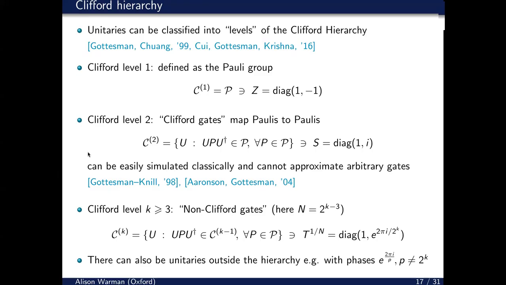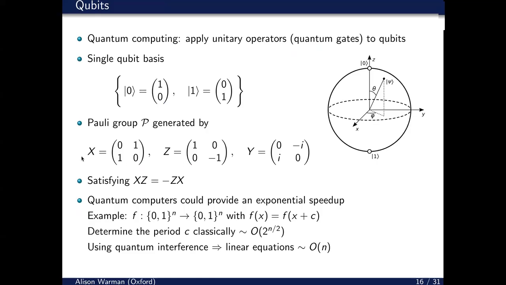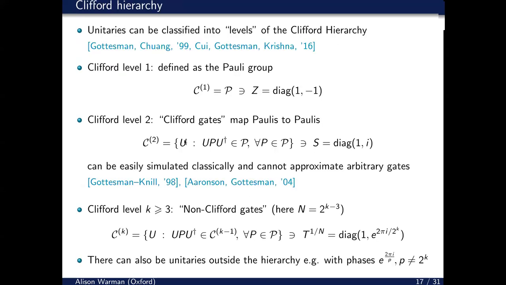And this is precisely because they map Paulis to Paulis, we can keep track of their action classically using just order 2n bits. The reason is that the Pauli group can also be generated by X, Z, and the phase i. So we can encode these Pauli states just in terms of classical bits, labeling X and Z. So we need 2n classical bits. And since the Clifford gates map Paulis to Paulis, one can keep track of the action also on a classical